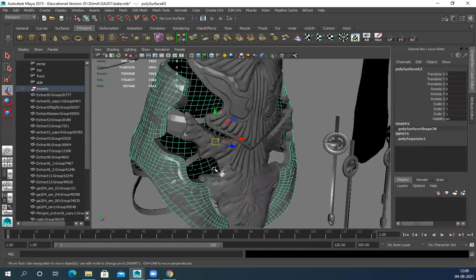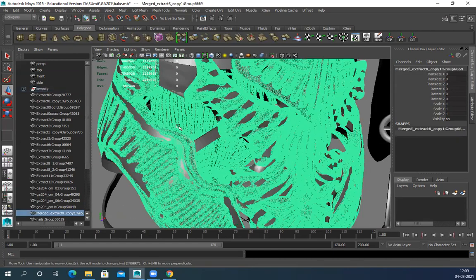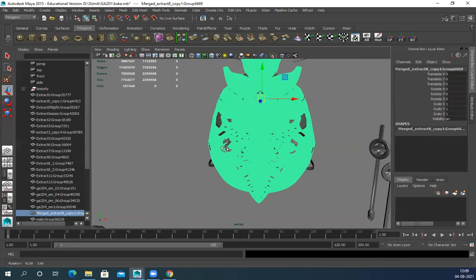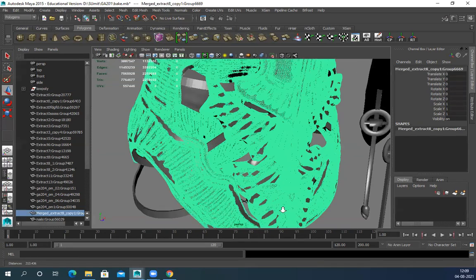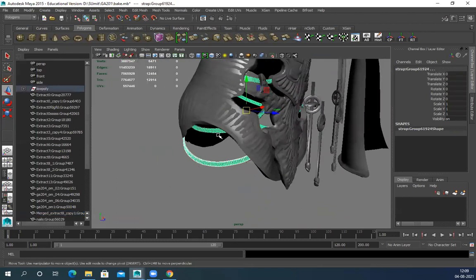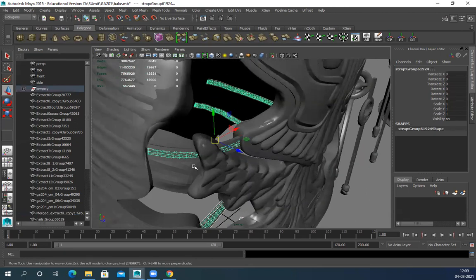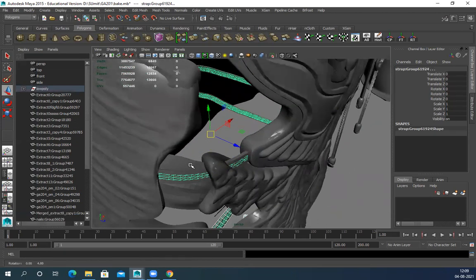High poly is, low poly is fine. In high poly, it's all together, so I'll keep it there only. So like this one, all those in between parts.